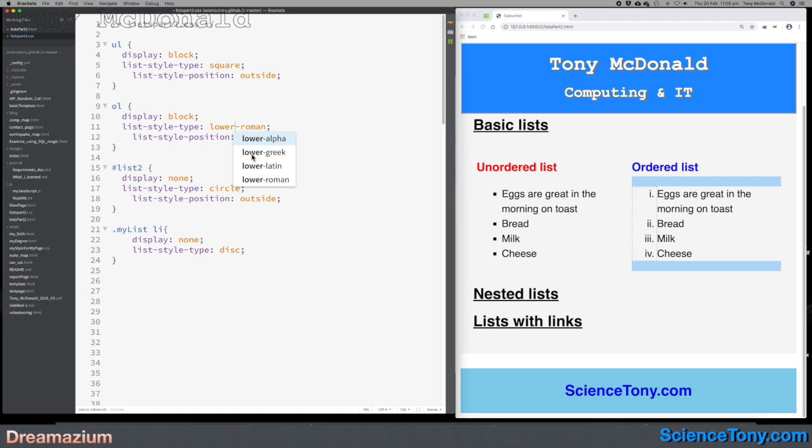Here you can see that we've got different ones coming up. Let's see what lower alpha does, yeah, as you expected, and then upper alpha. Okay, so if we go back to numbers,